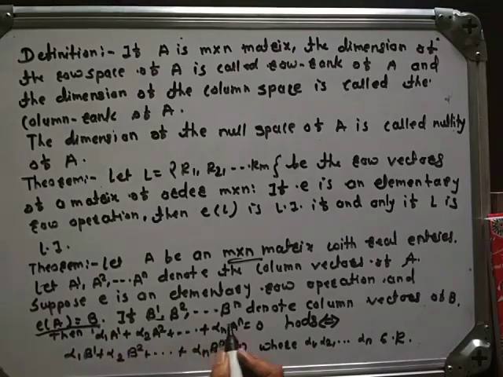If B1, B2 and so on up to Bn denote the column vectors of B, then alpha 1 A1 plus alpha 2 A2 and so on up to alpha n An equals 0 holds if and only if alpha 1 B1 plus alpha 2 B2 and so on plus alpha n Bn equals 0, where alpha 1, alpha 2 and so on up to alpha n belong to